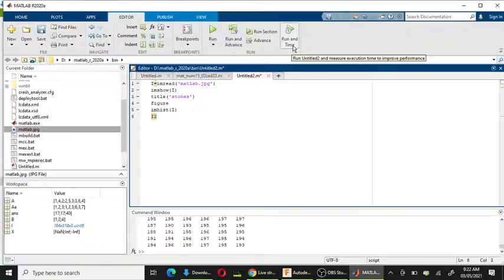I2 is equal to the histeq function of I, which distributes the pixel intensity throughout the image. Then figure, then imshow I2.